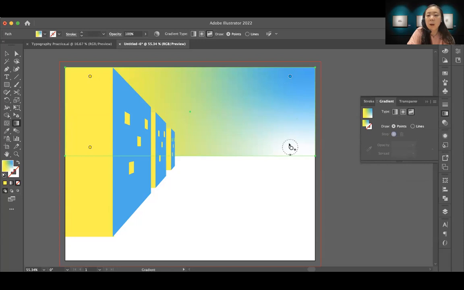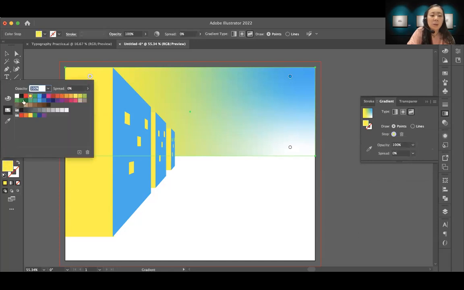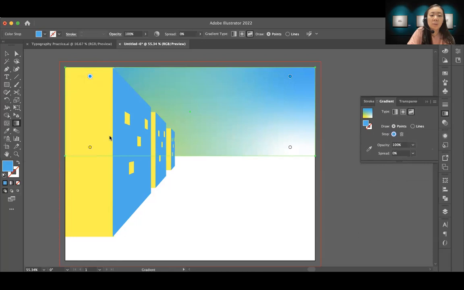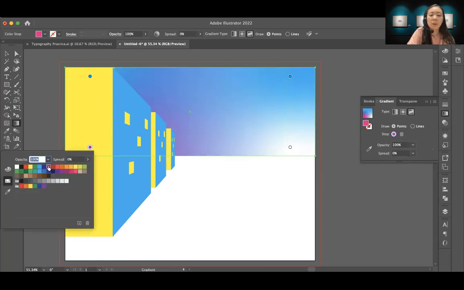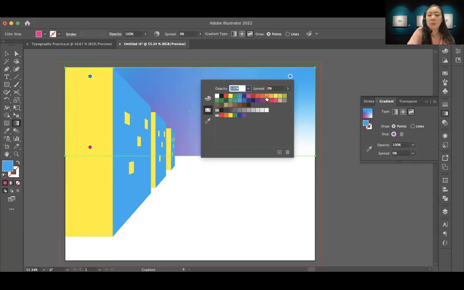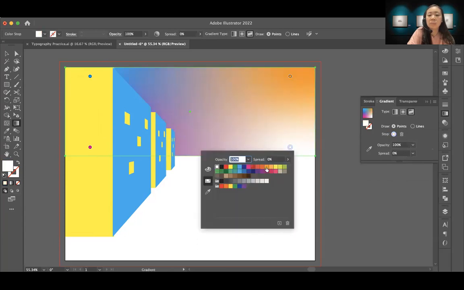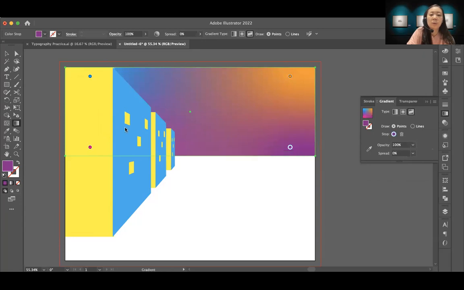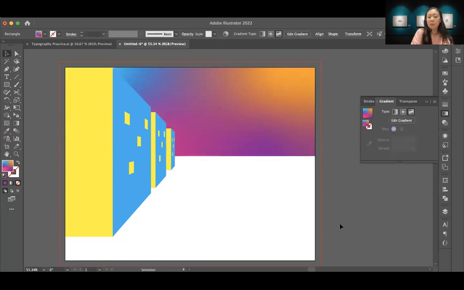Then you will see 4 dots on the corner of the object. Then by double clicking these dots, you can change the color, like blue, pink, orange, purple. By moving this circle, you can relocate the colors like this. So that was your questions